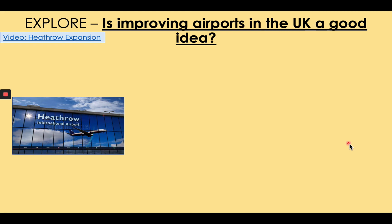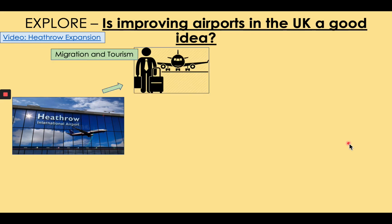The expectation is this will lead to significant economic benefits. Let me show you how. The first is the movement of people. The UK needs migration because they provide high-skilled employment. Migrants also invest in the UK's economy. Not only that, they innovate, they come up with new ideas and they start their own businesses, which leads to